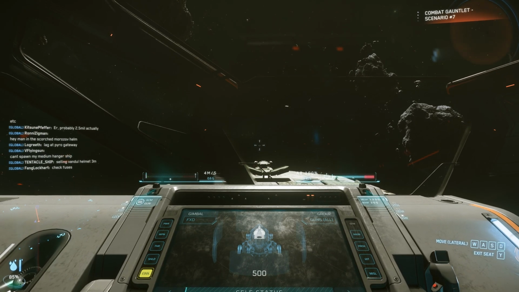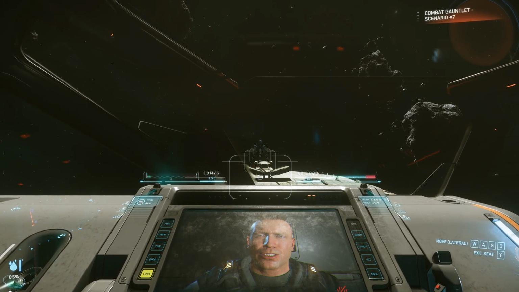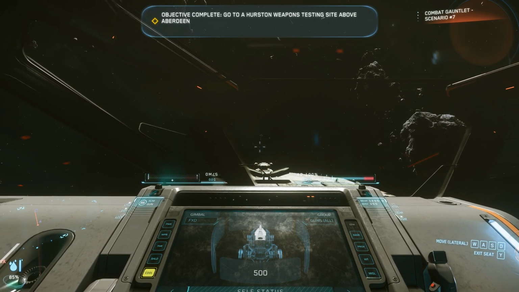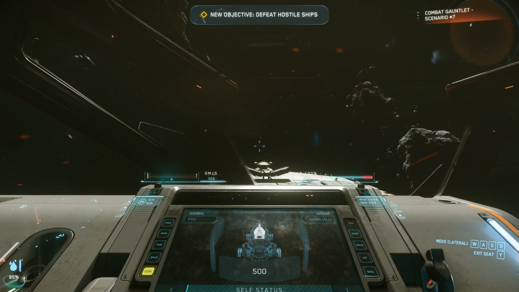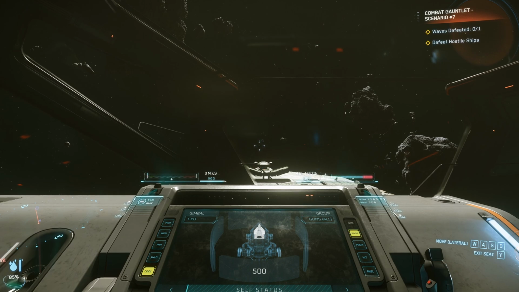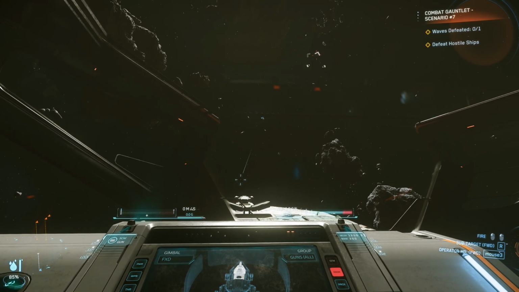In today's video I'm out and about in the Idris M, insta-popping hammerheads and making that sweet, easy aUEC. With an Idris M you can do scenario 7 in about 2 to 3 minutes. The only reason it might take up to 5 minutes is potentially the server. And even if we're being conservative about our math, you still get 12 runs in an hour for a whopping